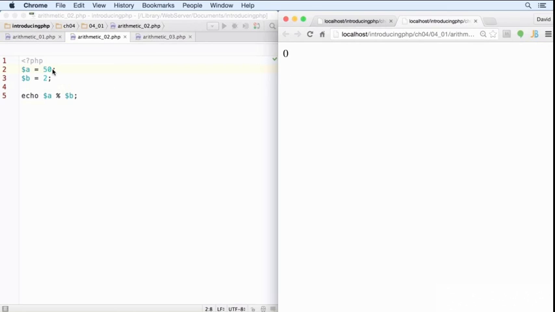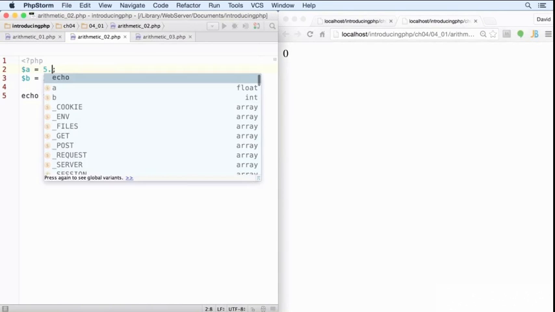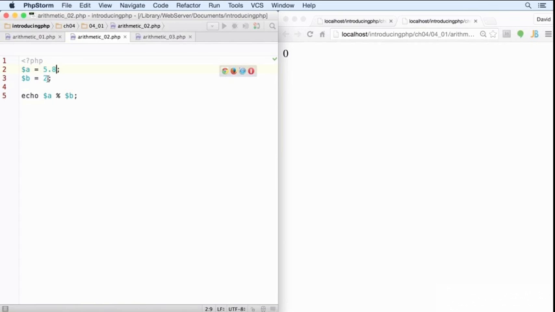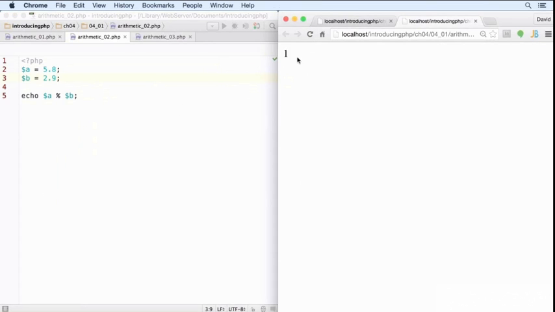Let's just change this from 50 to 5.8, and we'll change B to 2.9. Now, that actually should produce 0, but if we save that and reload it in the browser, the answer is 1. And the reason for that is both of these have been converted to integers first. So this A is converted to 5, B is converted to 2. 2 into 5 is 2 with 1 over,